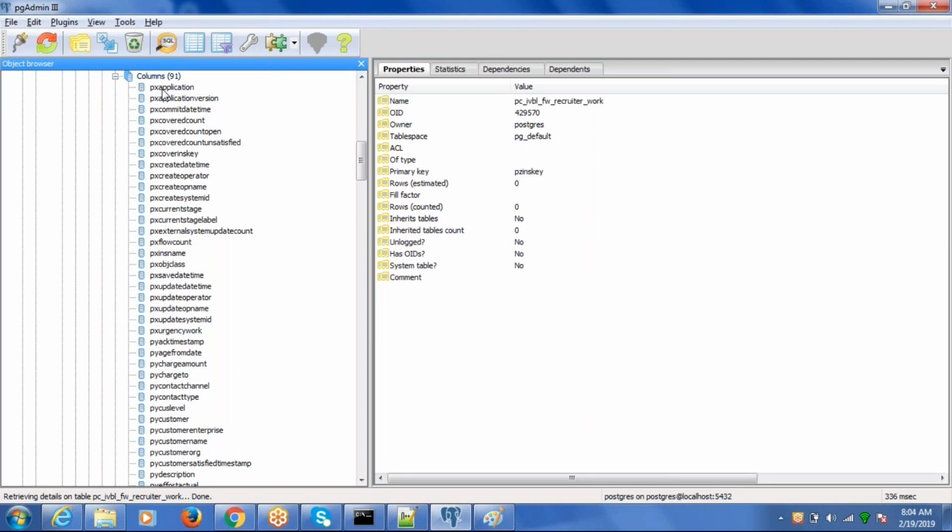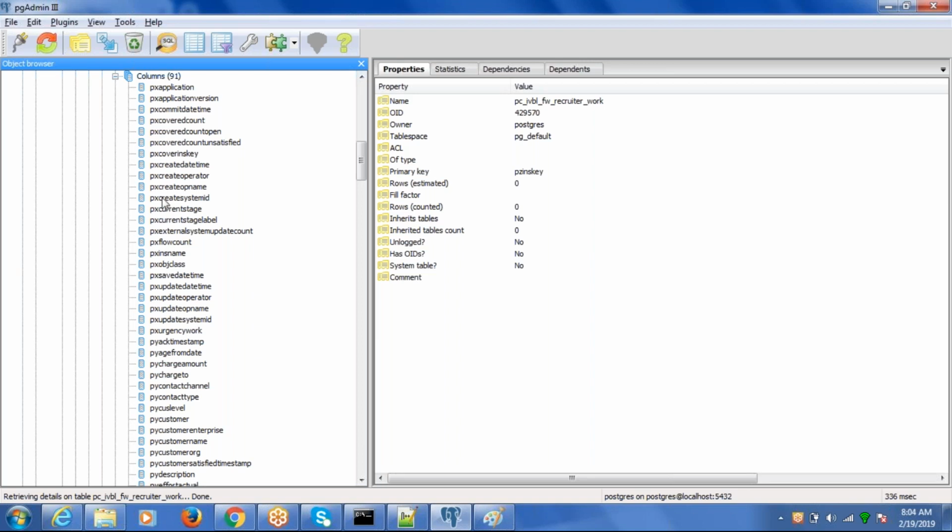Whenever you create any new record, whenever you try to insert any new record, whatever you see as PX, PY, PZ, the values you don't need to enter manually. Pega will take care of storing that. By this, you know who created it, when it was created, who updated it. Such information gets automatically updated by the system itself.